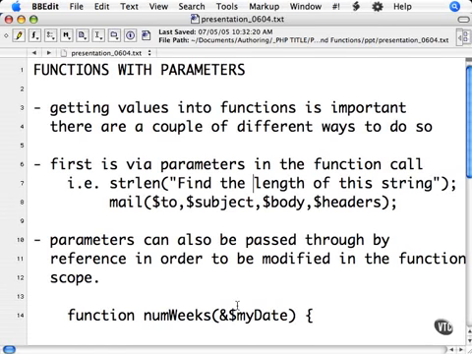An extremely important part of functions is the ability to pass information into the function. This can be done in a couple of ways. The first way is via parameters in the function call. We saw this earlier with the mail function, and you can see examples in almost every function in PHP. They are the values that are passed through to the function in the round brackets when you are invoking that function. Some examples are the string, where the parameter we're passing through is this string to be counted, and mail,